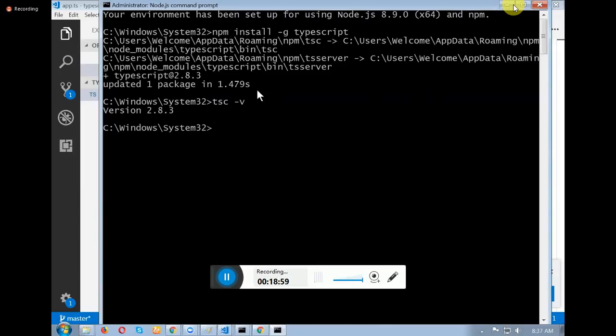Enter. What is the command? tsc space -v. It will give you the version of the TypeScript. Am I clear? Any doubts?